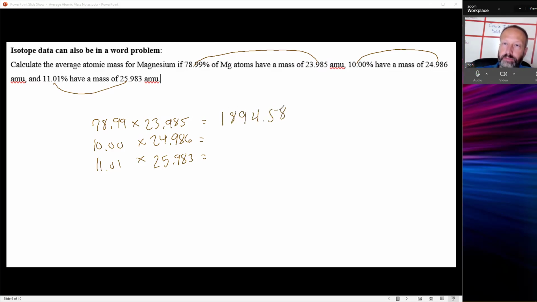1,894.58. I'm going to take 10 times that, which is actually pretty easy, 2,498.60. That is technically rounding to the 100th place. If you're told to round to the 100th place, you do add the 0 in, just a reminder. And then 11.01 times 25.983. And I get